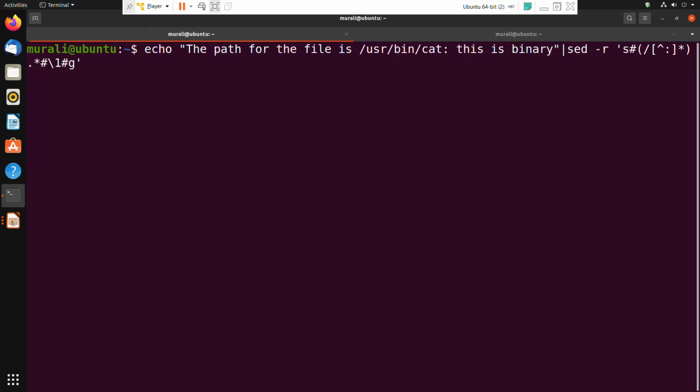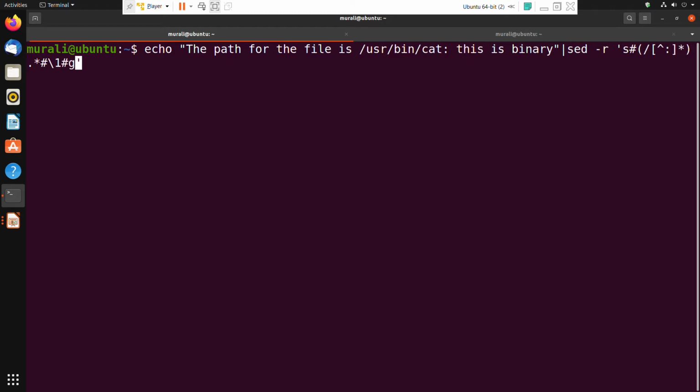And you remember it as the first remembered pattern, that is \1, and then succeeded by dot star, any other characters. It may be anything else after that colon, and then I want to substitute by \1, the first remembered pattern.